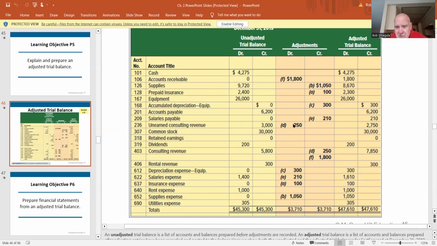D, here is the consulting revenue. Here, we did some work finally. So we get to debit or reduce that liability account and credit the revenue, real revenue. And then accounts receivable, you should know that already. That's not really an adjusting entry. Debit $1,800. Then they put the $1,800 down here, and they don't have an account. So I'm assuming that's a botch up there.